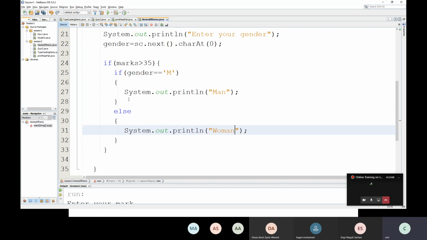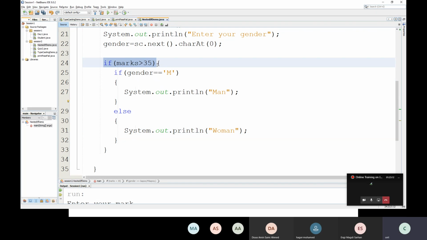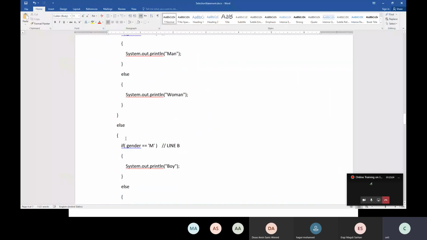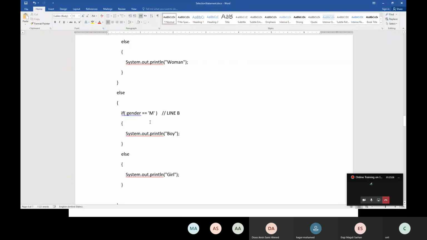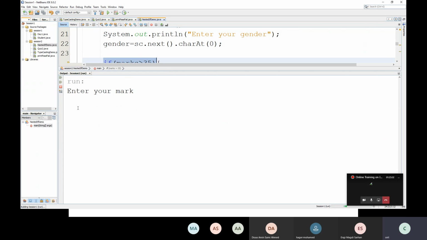Now you just see this if is inside this if. Means first it will check the marks, then it will check the gender, then based on that it will print. Now if I run it, see, enter your mark. Suppose I am entering the mark 56. Enter your gender,